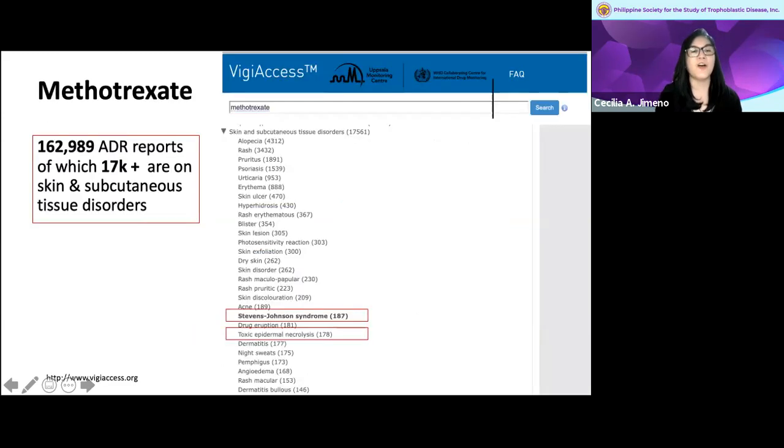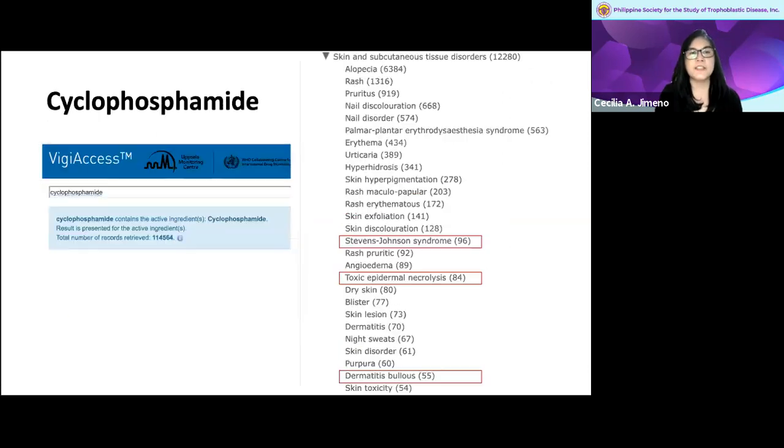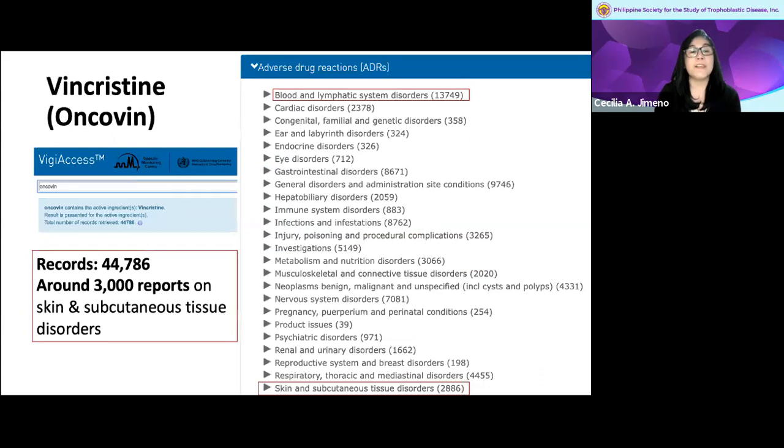Again, appreciate how many reports there were on methotrexate as compared to actinomycin or dactinomycin, and fewer reports on SJS and bullous disorders. And for cyclophosphamide, again, there were more reports compared to actinomycin, but not a lot compared to, for example, methotrexate. And finally, for vincristine or oncovin, really the most common reports for